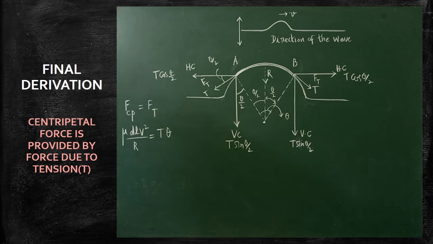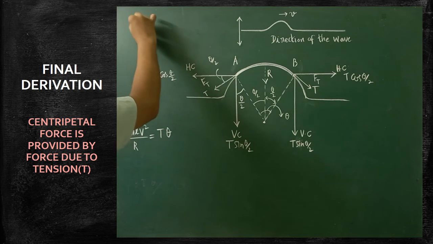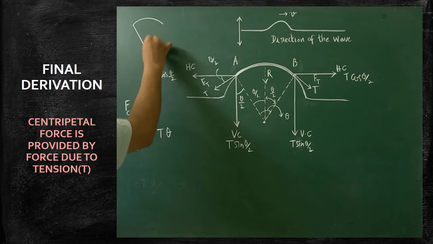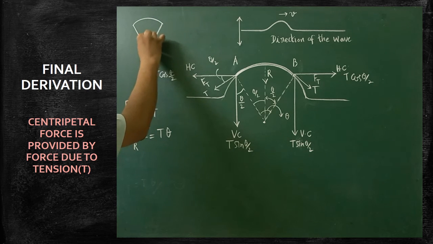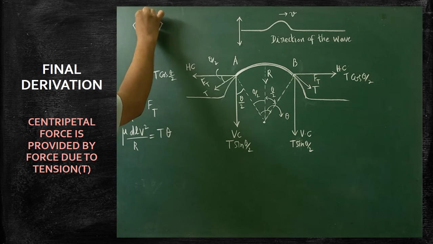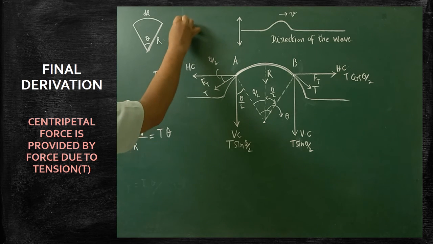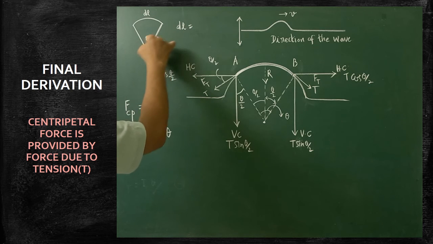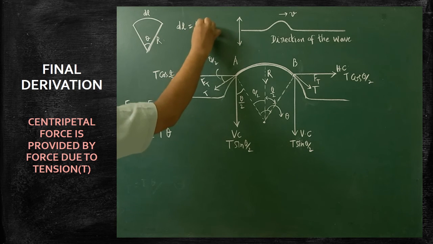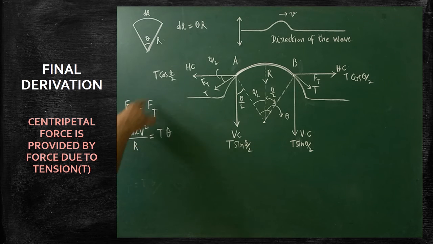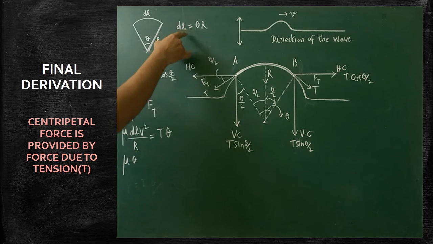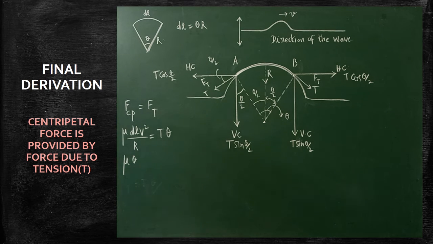Already we have written that. So here we have to replace the dl in terms of theta. This arc was already done. I will draw a small arc and with the help of that I will explain. This is the arc portion, this portion is the small length dl, and here this is the radius r. Are you clear? Usually the small arc portion dl can be obtained by multiplying these two, theta and r. So dl can be replaced by theta and r. Mu theta r, is it clear? And r can be substituted. Understood?